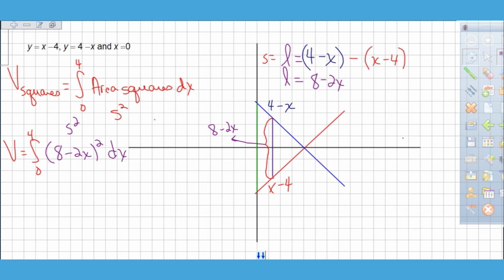In the last video, I made a video called Volume of Known Cross Sections Coming from a Given Base. Basically, you knew what the base was. For example, this outline right here was the base of the last one that I talked about. And coming out of that base were squares. If you did that, it would make a very strange